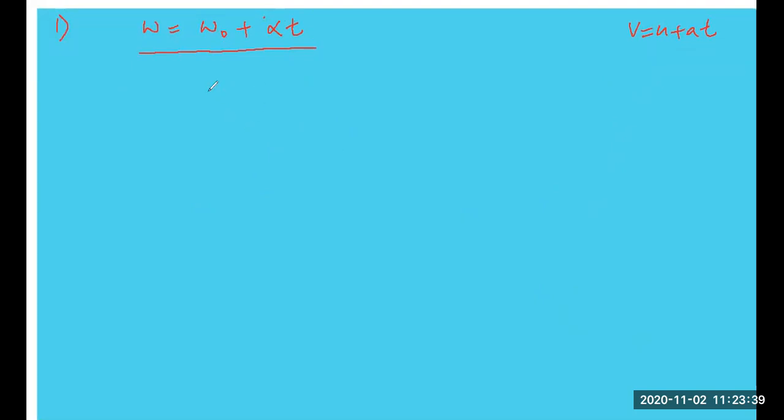So simply I will define what is angular acceleration. So students, I know very well angular acceleration alpha is the rate of change of angular velocity with respect to time. That means d/dt of omega. What is omega? Angular velocity. So from this, students, I get d omega is equal to alpha dt. Let this be equation number one.